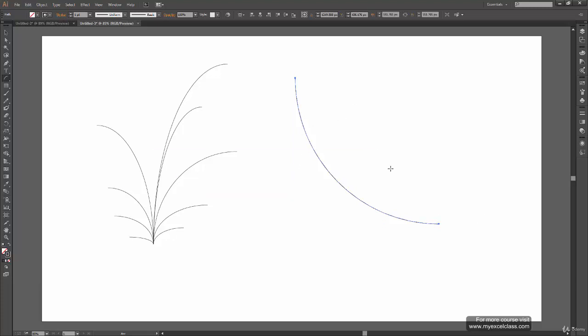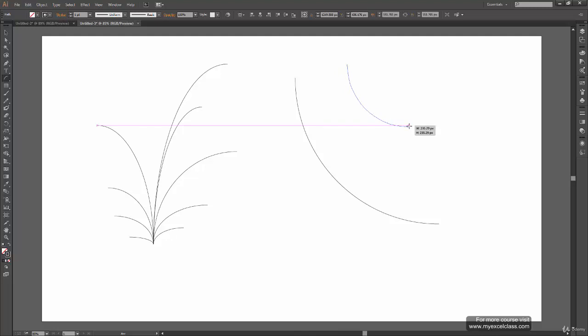Okay, let's see how the alt key works. While drawing the arc, when you press the alt key, it shifts your center to your starting point. So from where you started drawing the arc, it shifts the center of your arc to that place. Like in here, the center of this arc would be somewhere around here. So what it does while drawing the arc is shift the center to this point from where you started drawing, and your arc scales from both the ends, or expands from both the ends.